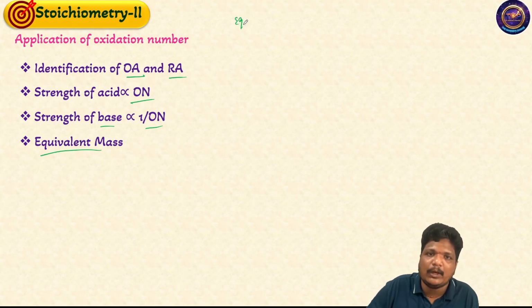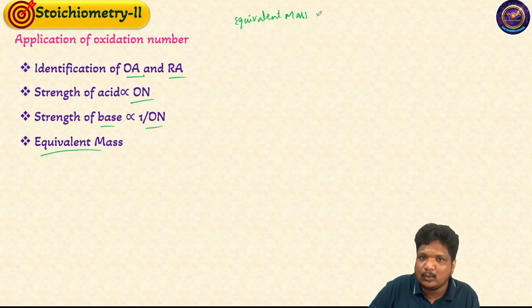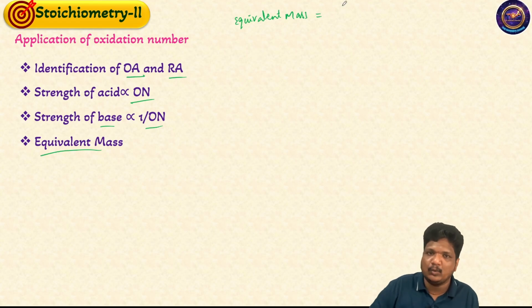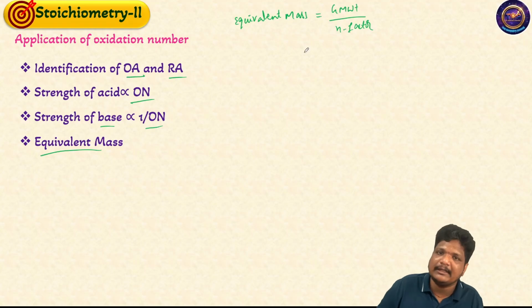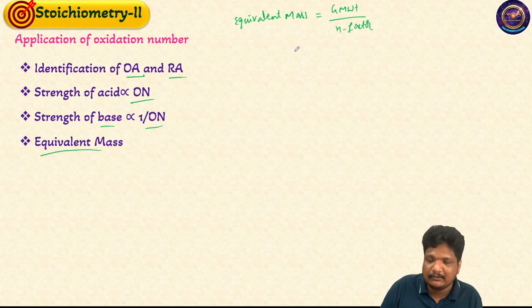సో ఈక్వివాలెంట్ మాస్ that is equal to gram molecular weight or gram molar mass by n factor. It is general expression. సో మరి అన్నింటికి ఇది వర్క్ అవుతుందా? n ఫ్యాక్టర్ అంటే ఏం తీసుకోవాలి అంటే ఫర్ ఎగ్జాంపుల్